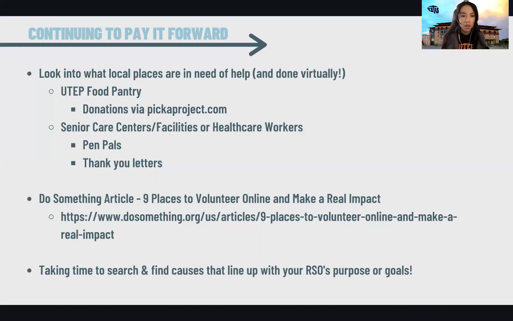I have one article right there from Do Something, where it gives you 9 places you can volunteer online. And I know one of them is translating books from one language to another. So that's great if you have those people who are bilingual, who speak more than one language. I know another one is, you can easily,